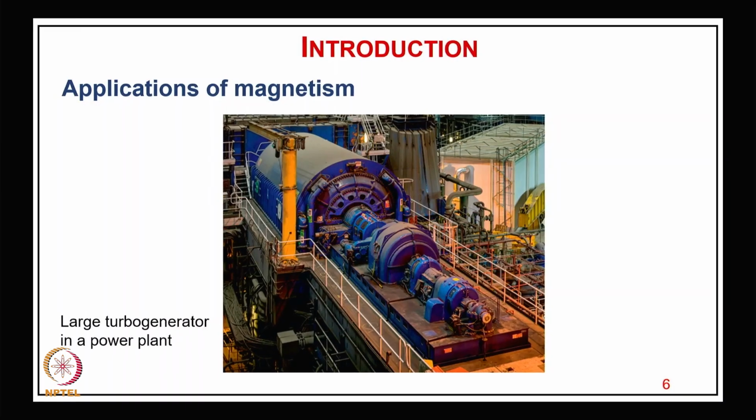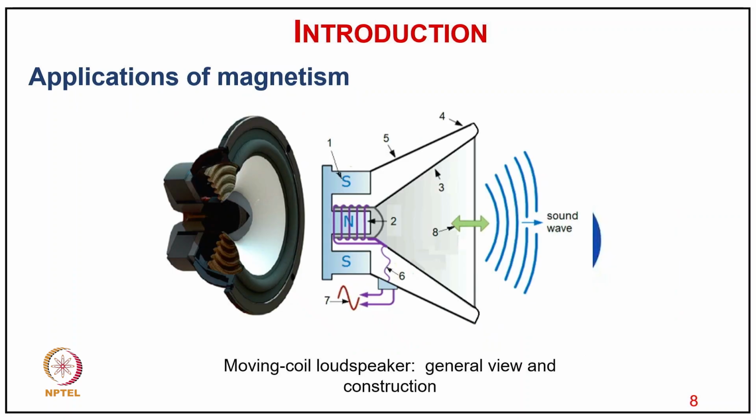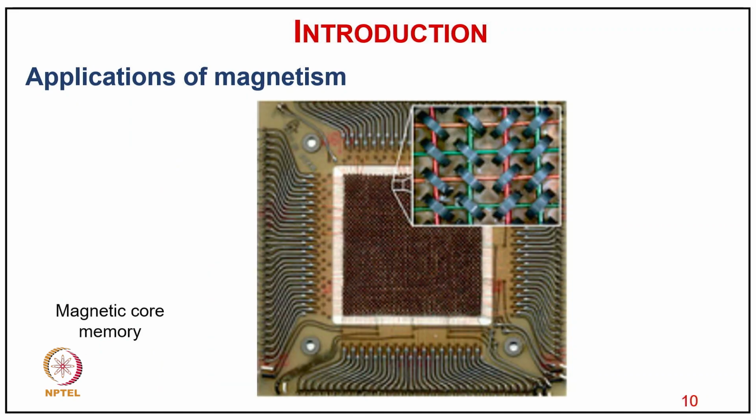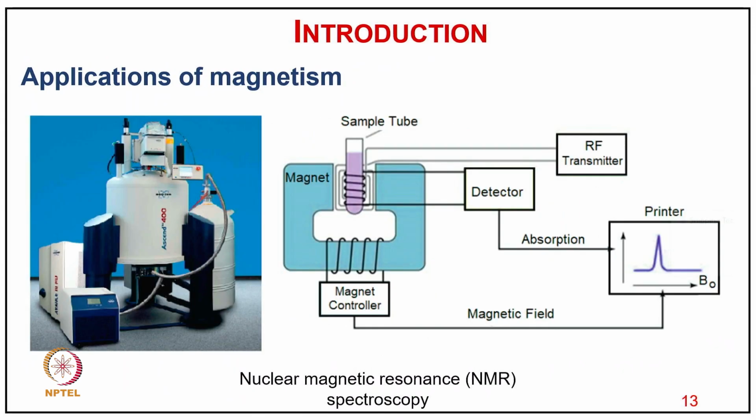And we have a large turbo generator in a power plant. Then we have applications of magnetism in computer hard disks, computer magnetic tapes, floppy disks, and magnetic cassettes. Then in the moving coil loudspeaker, as you can see, and the lift electromagnet, which is used in a number of applications. Then magnetic core assembly, magnetoresistive random access memory, then the CRO or cathode ray tube,